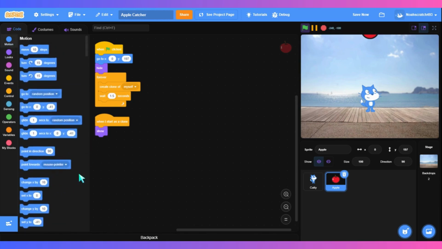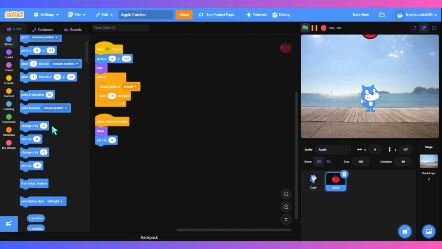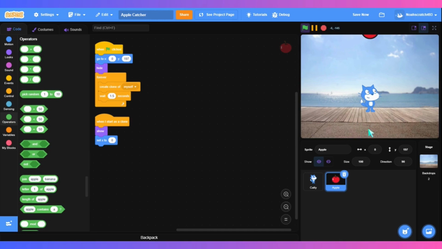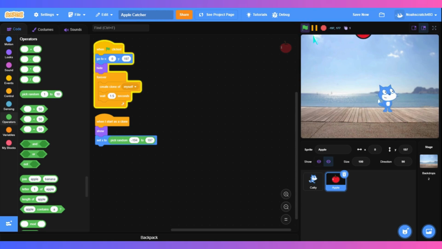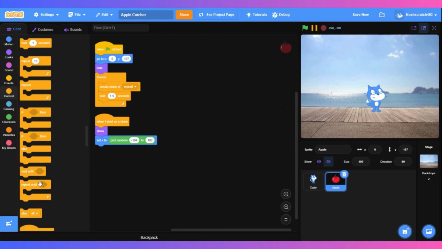We're going to set x to a random value between, let's do, I don't know, minus 194 to 197. That's a good amount. And now we will get apples at different places, but we need them to fall down. So we're going to do repeat until